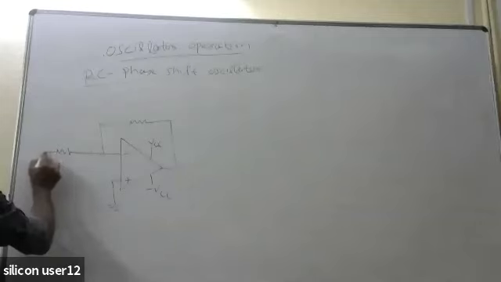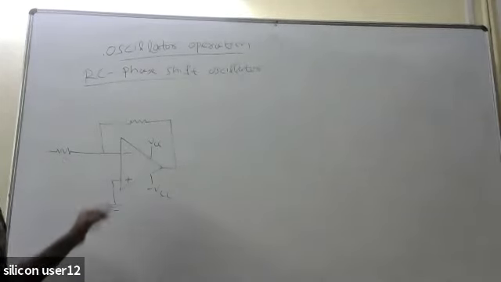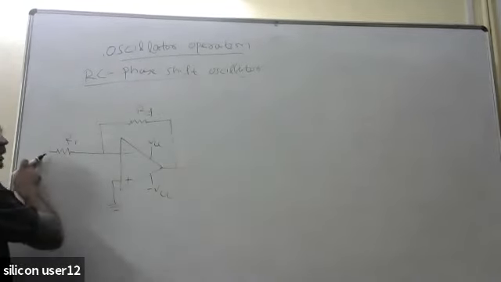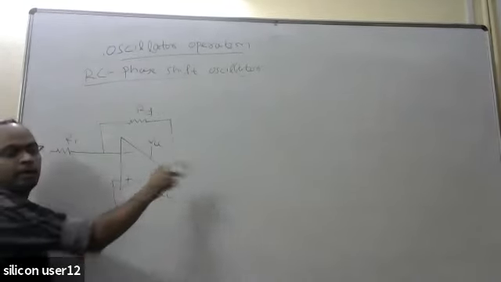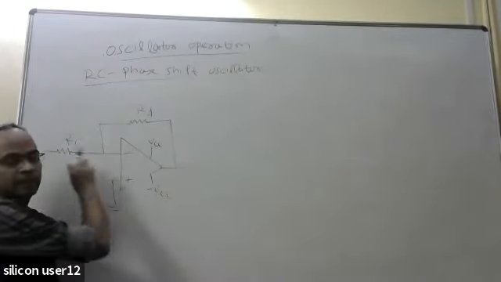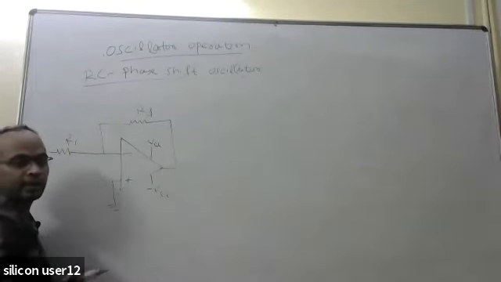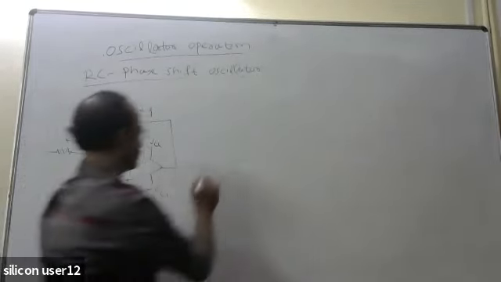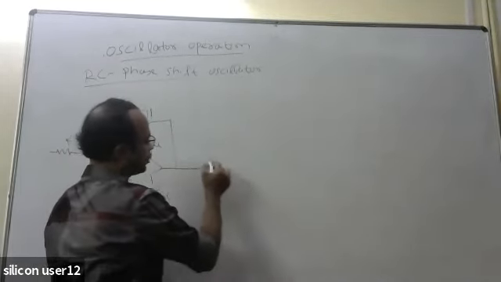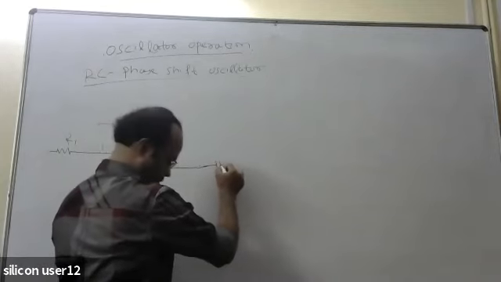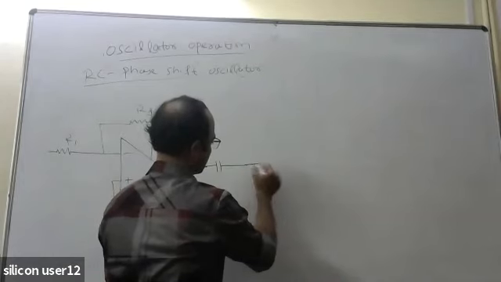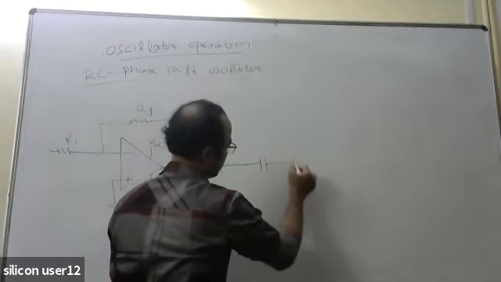So this is your inverting configuration. Inverting configuration you already know: whatever input you give here, the output will be inverted. It will be amplified depending on this gain, but it will be out of phase. That means a 180-degree phase shift will be done here. After that, this is given to an RC network. So three capacitors.